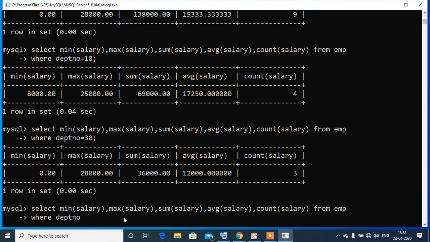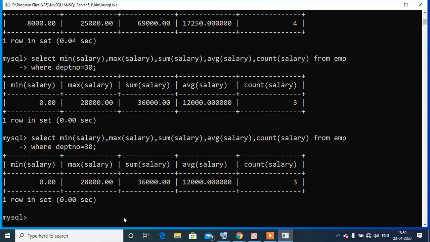So if we write department number is equal to 30, you can see we have got the result like this, but the results are scattered.